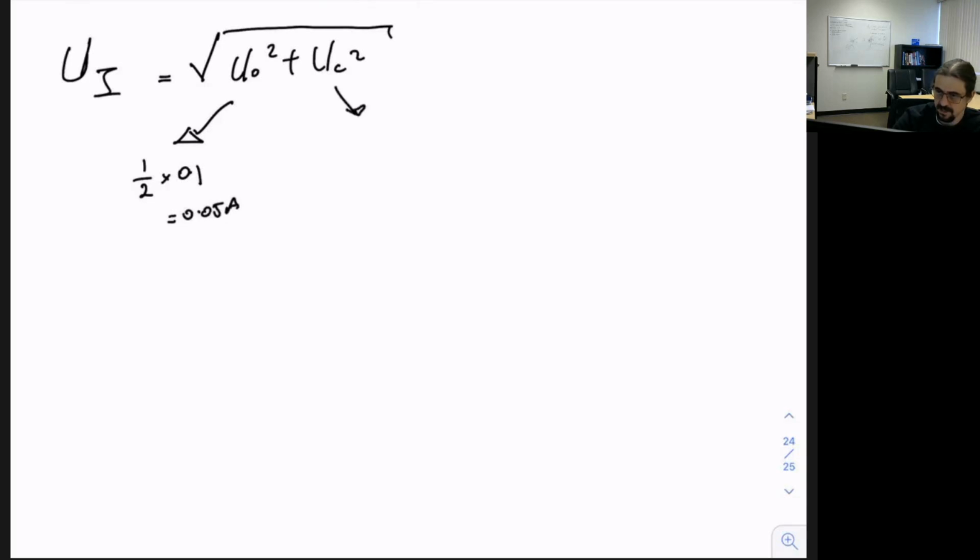UC is defined as the combination of linearity and hysteresis. In that case, it's going to be the square root of 0.05 squared plus 0.04 squared, and that's going to get me plus or minus